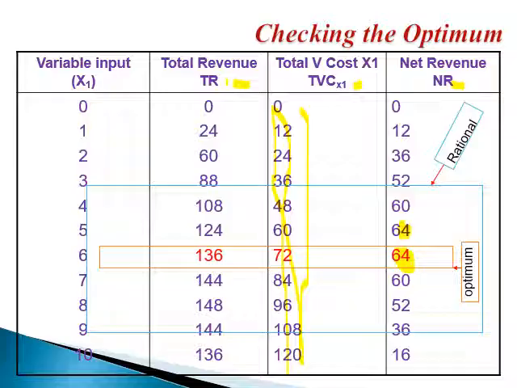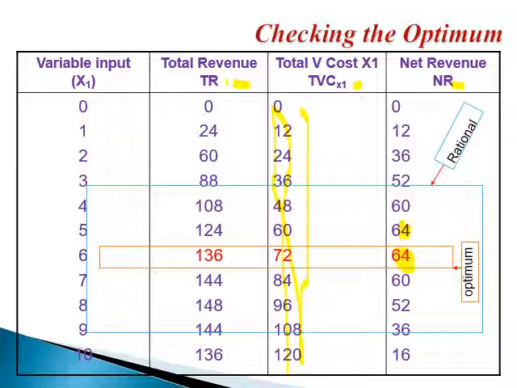Remember, we are using a very simple naive example, and the functions that we graph are actually not continuous functions; they are discrete functions, broken lines connected together. And as I told you, in reality you will never see a marginal value product of the variable input exactly equal to the marginal factor cost or unit price of the variable input. It will never happen. So here, the reason I'm choosing 6 is because this is what will result in maximizing my net revenues.